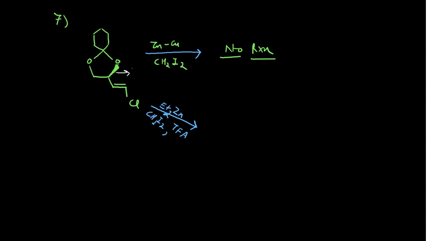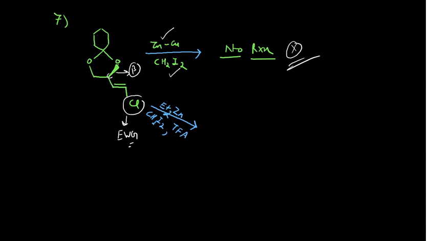Okay, this reaction, question number 7. Again you see here, in that case this bond is beta, and this carbon is the polar group. Now this is the special reaction, guys. This is the chlorine here, which is your electron withdrawing group. It will suck the electron density, making this double bond less reactive. That's why when you do the Simmons-Smith reaction with zinc and copper and diiodomethane, there would be no reaction. This could be the reason.